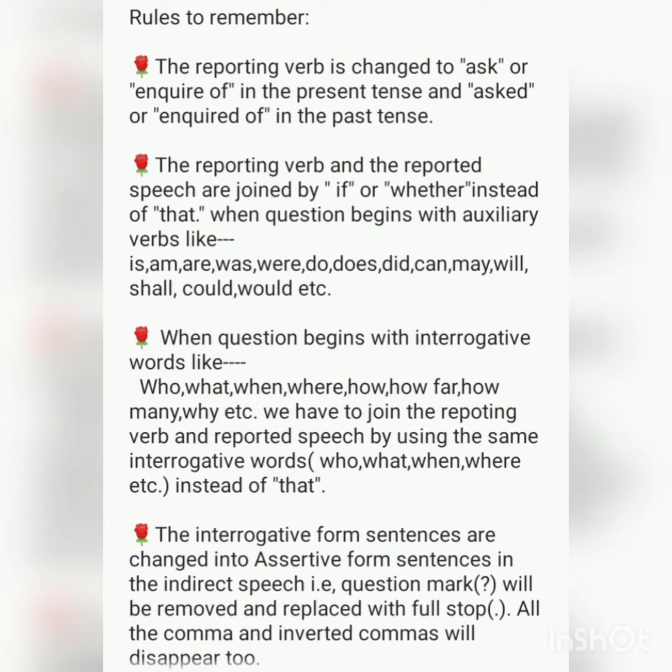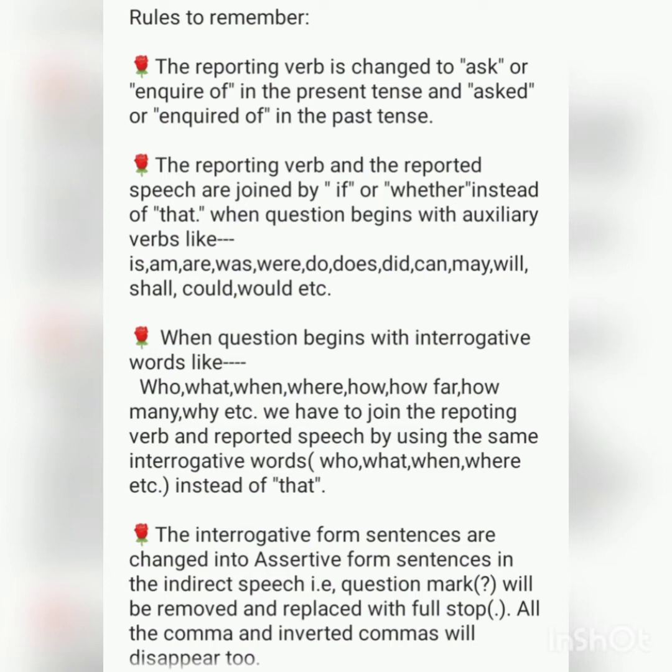Before we change the direct speech into indirect speech, we need to know the following rules. The reporting verb is changed to ask or inquire of in the present tense, and asked or inquired of in the past tense. The reporting verb and reported speech are joined by if or whether instead of that, when the question begins with auxiliary verbs like is, am, are, was, were, do, does, did, can, may, will, shall, could,